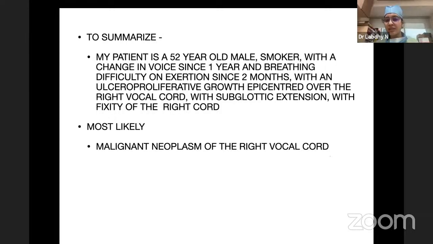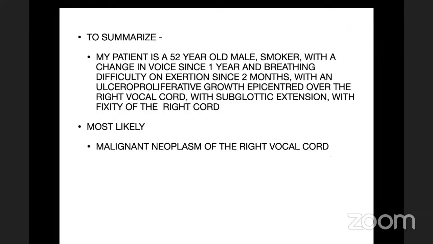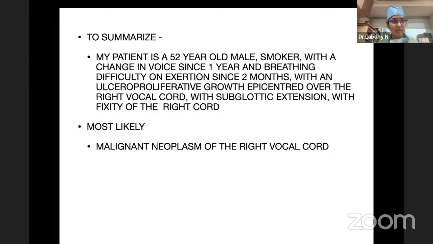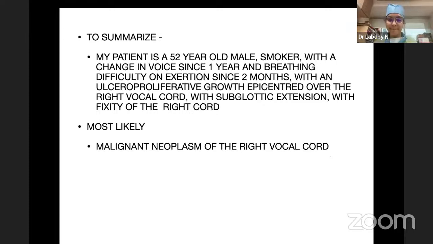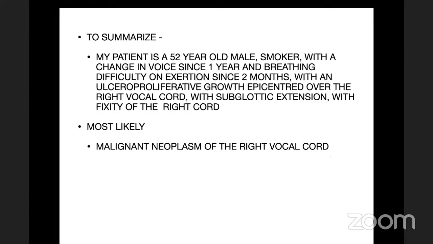Ma'am, the constrictors, the supraglottis and the glottis. Anything else that you've missed out? What happens to the base of tongue and the upper esophageal sphincter? Yes, ma'am. So this is the whole list: the constrictors, the base of the tongue, and the upper sphincter. All these structures together will contribute to the dysphagia and aspiration. So you need to know them, and that is what is assessed during all your assessments.